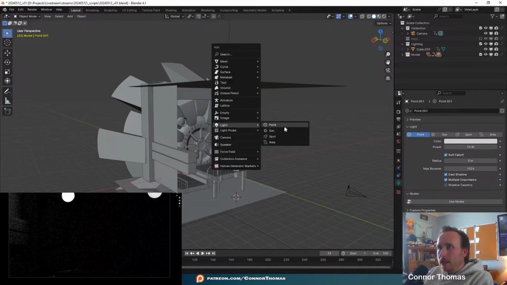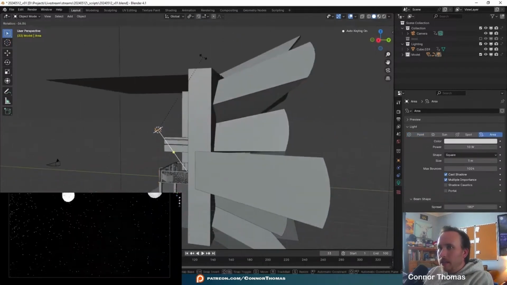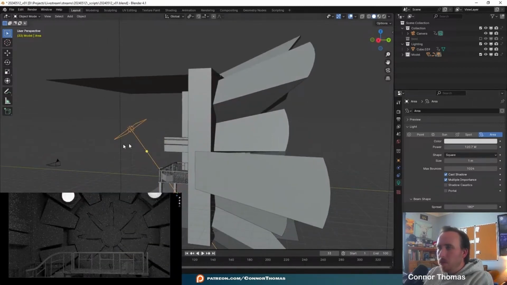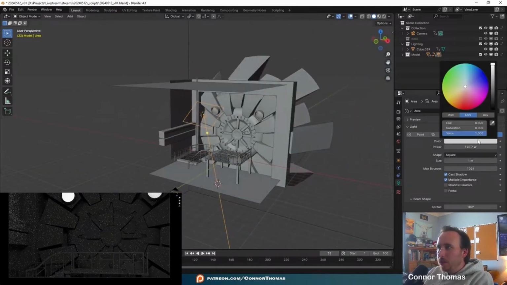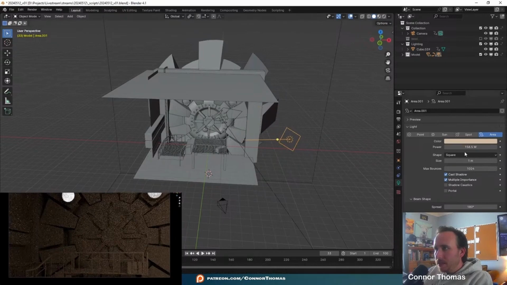If we were to try to light this a little bit from the inside, let's go ahead and first add in an area light here. Go ahead and scale it up. Add in some kind of overarching light that we'll have inside of our scene. And we just want to create a warmer interior that we would normally have. So if we duplicate this and have this come in from the side over here,